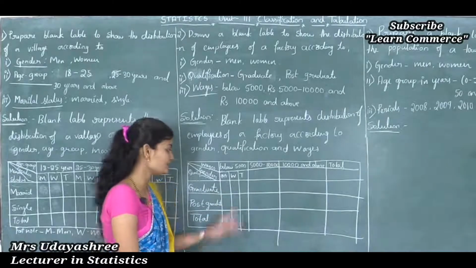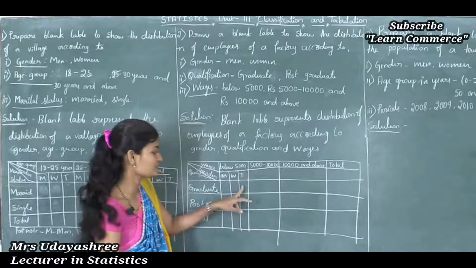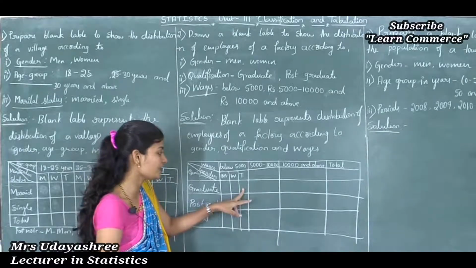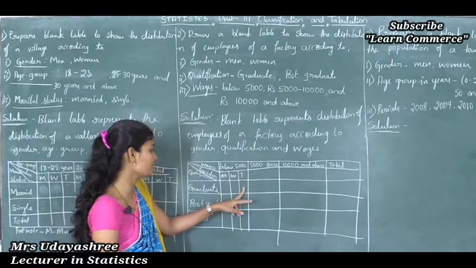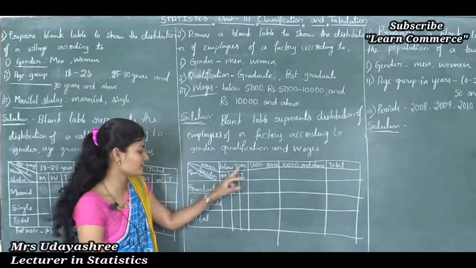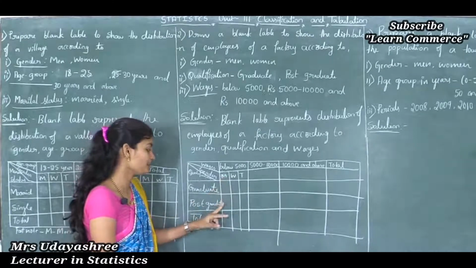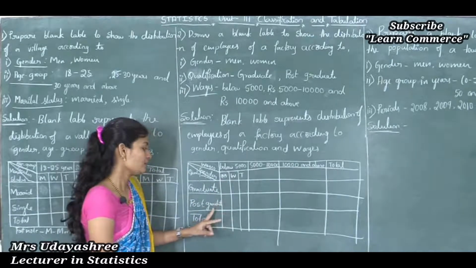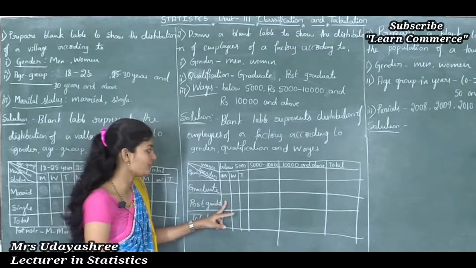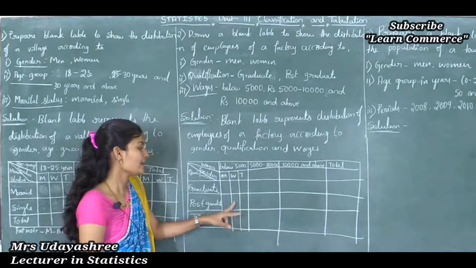Total number of population, in the sense it contains men and women population. So this column indicates the total number of graduate population with below 5,000 wages. This column indicates men postgraduate population with below 5,000 wages, and this column indicates women